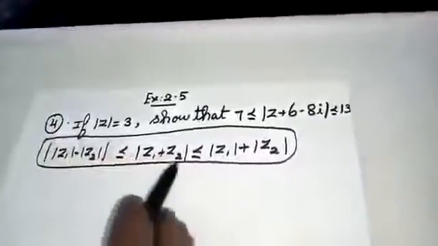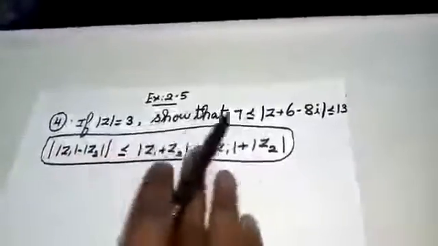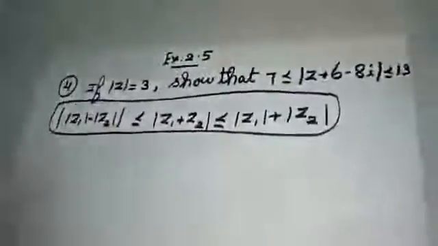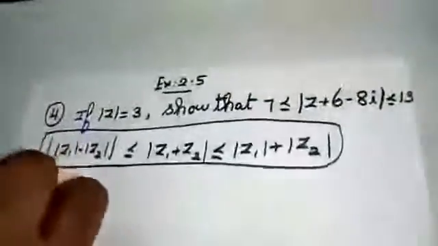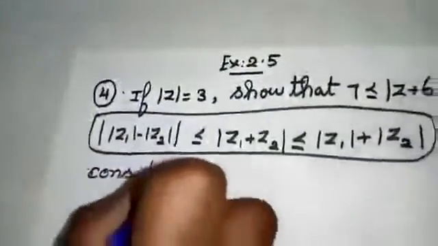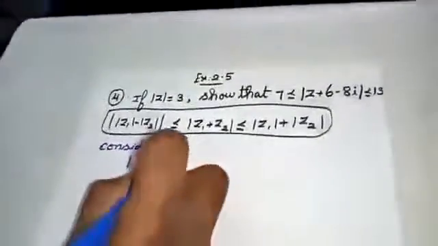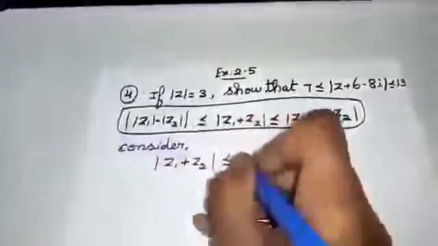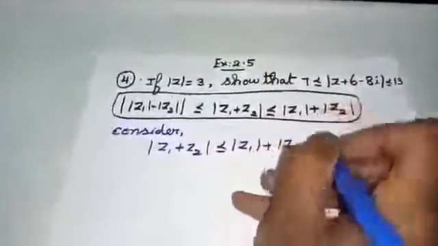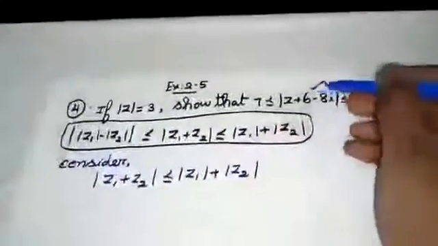First, what I am going to do is, I am going to take this side, that is, I am going to take my right hand side part. Consider modulus of z1 plus z2 is less than or equal to modulus of z1 plus modulus of z2. I am going to take this question. What is the question given here? I am going to take this question, that is